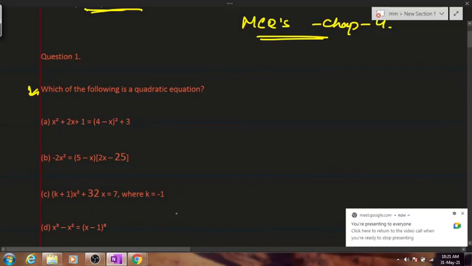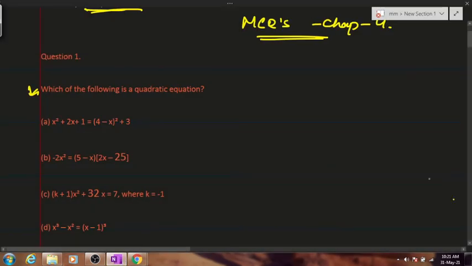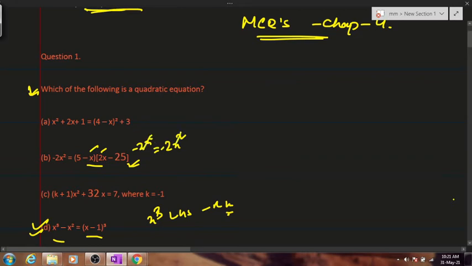Saptarishi, I think the majority of you have answered, so I'll move on. D will be your correct answer, because when you expand this, x cube gets cancelled in both the sides, LHS as well as RHS. And people who are telling B is absolutely wrong, because this will be minus 2x square, and even in LHS you have minus 2x square. So this thing gets cancelled off. And quadratic equations are those equations having a highest order of 2. Clear? So our D option is correct.